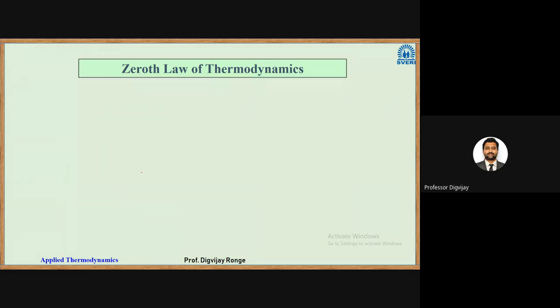Okay, so that was all about work. So we have seen heat and we have seen work. Now we start the laws of thermodynamics. Now, the zeroth law of thermodynamics was not invented at the starting. It started with the first law, then the second law, but later on, one another law was introduced. But as it's important, it has to be introduced in the beginning. So it was named the zeroth law of thermodynamics. So 0, 1, 2, 3.